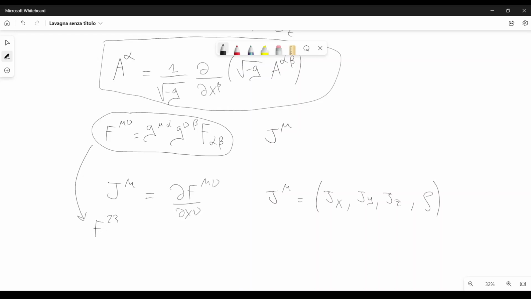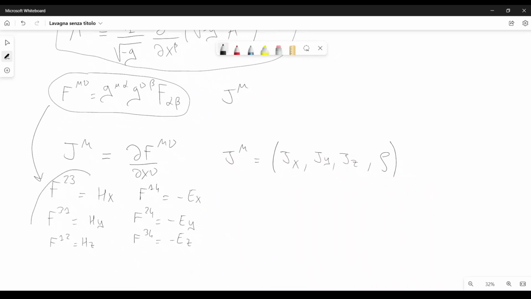So in this case, f23 is equal to hx, f31 with upper indices is hy, f12 is equal to hz, and also f14 with upper indices is equal to minus ex, f24 is equal to minus ey, f34 is equal to minus ez, and now if you insert these values here, these formulas, this one and this one here,